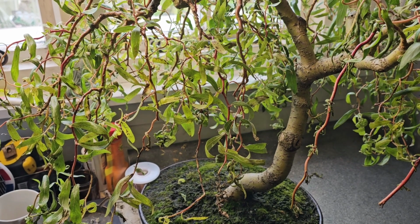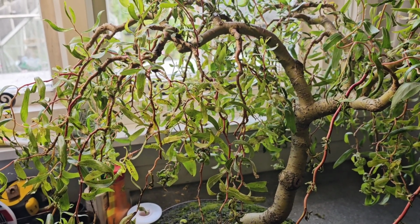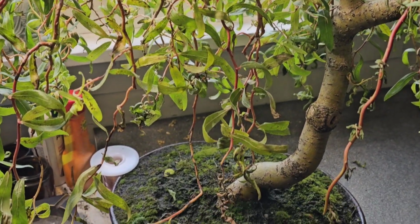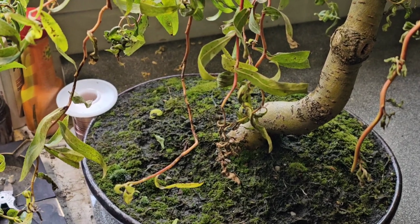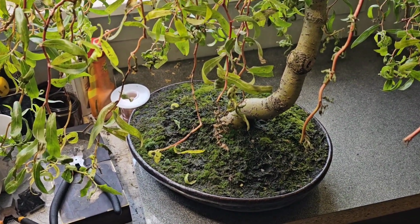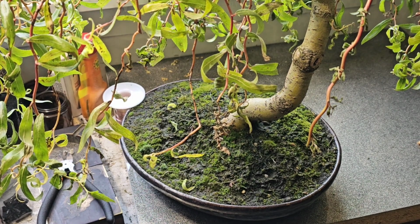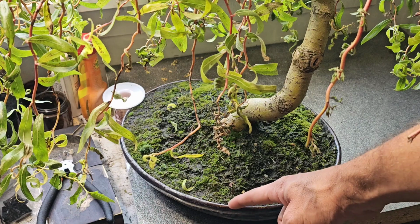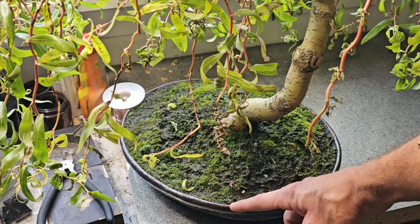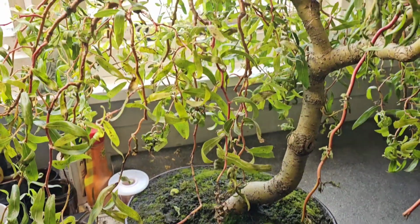I went away for a few days, that's right, a few days, and well, I've got this in such a small pot, as you can see. It's in such a small pot for a weeping willow. They like water. I got home and I could put my finger in between the gap of where the soil was and the end of the pot. That's how dry it was. And alas, that happening,